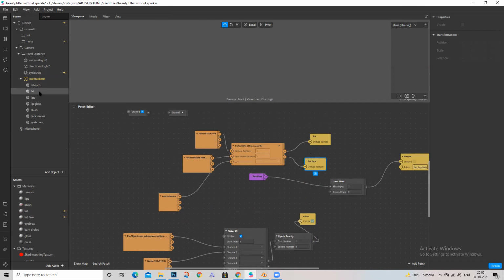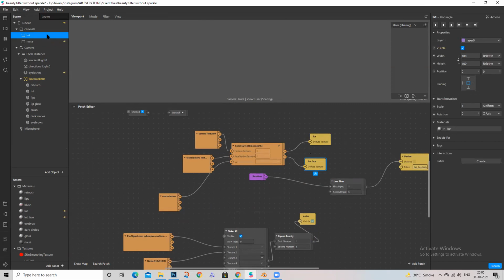One texture applied to the face mesh and one to the rectangle?